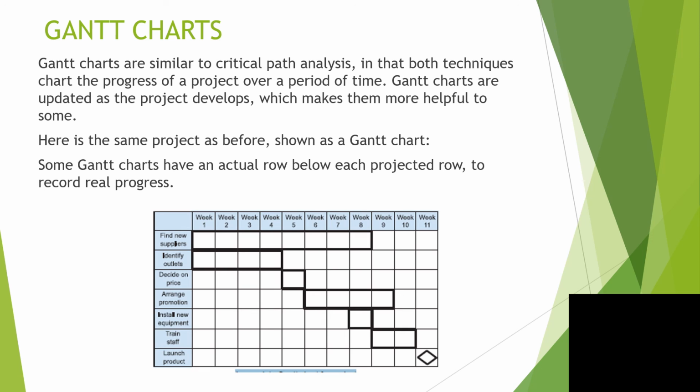They're similar to critical path in that both techniques chart the progress of a project over a period of time. Gantt charts are updated as the project develops, which makes them more helpful. So here's the same project that you had seen before shown as a Gantt chart. Some Gantt charts have an actual row below each projected row to record real progress. So you can see here that they reckon it's going to take them like 8 weeks to find new suppliers, outlets 4 weeks, then on week 5 you'll decide on the price, and so on. And that's how it actually works until you actually reach the end of your